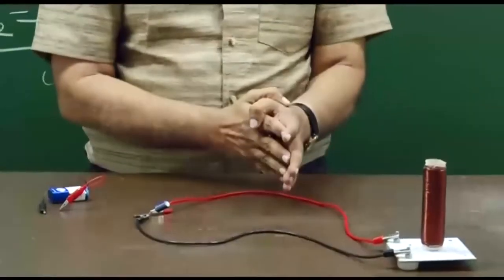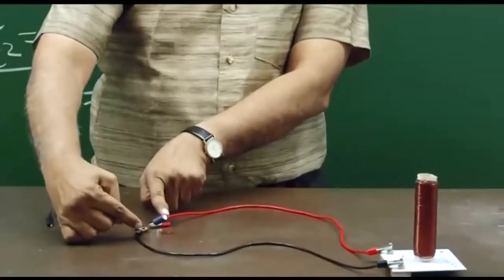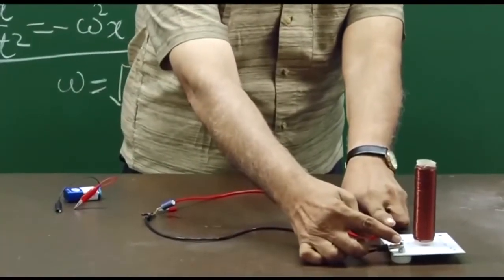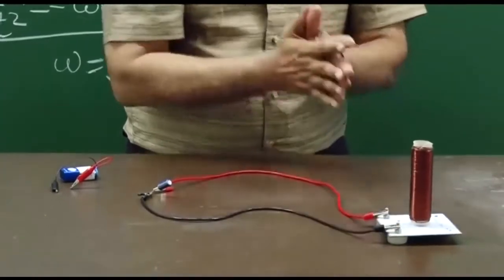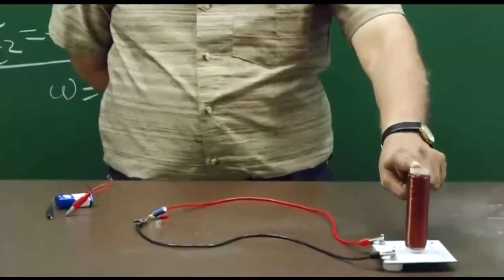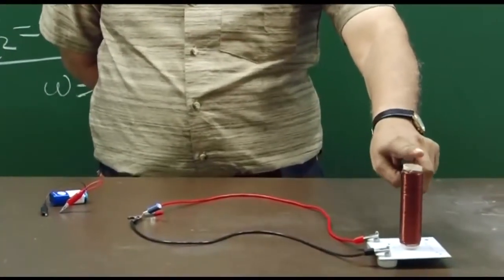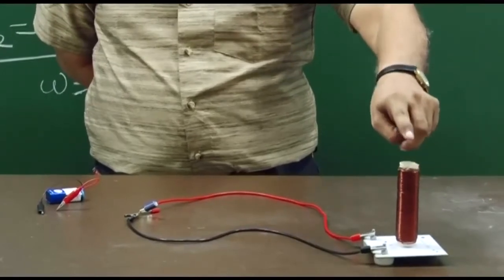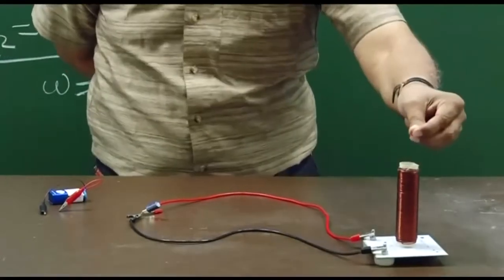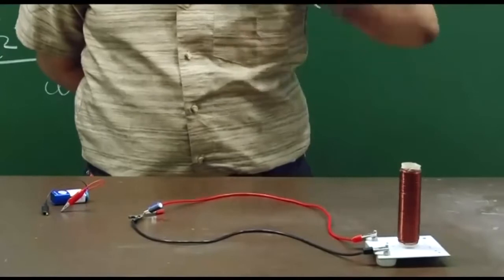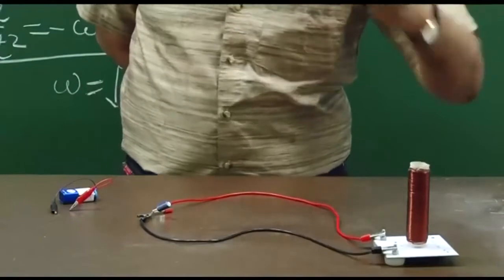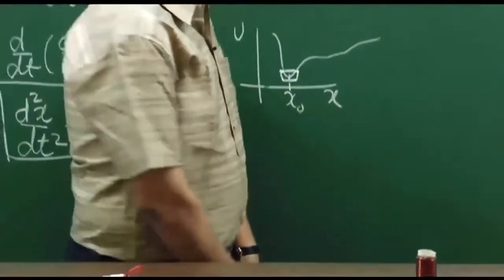So, let me try to write an equation within the idealization that there is no resistance. The resistance is negligible. In that case, this potential difference Q by C here should be equal to the induced EMF generated here. Let me just give you the equation, but remember qualitatively, induced EMF is proportional to the rate of change of this current, because that decides how the magnetic field is changing, and the rate of change of magnetic field will decide the induced electric field, and that finally will decide the EMF. So, we will have this equation,